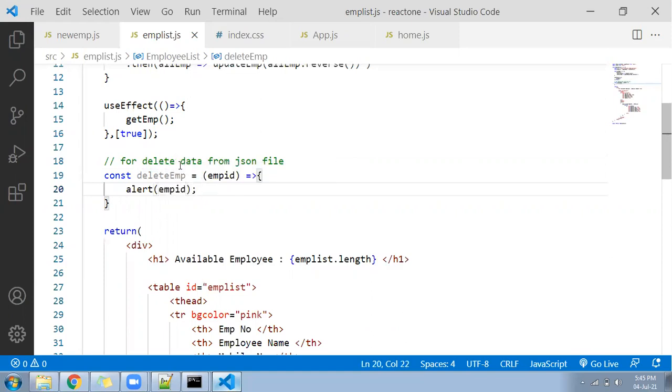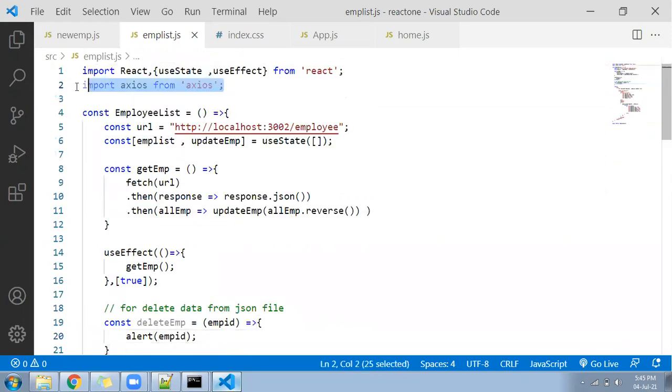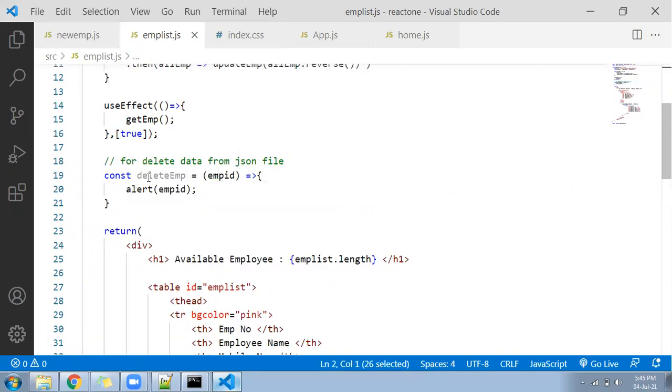So number one, we imported Axios under the emp list file. Number two, we wrote a function deleteEmp. Under deleteEmp, we are receiving a parameter called empId. Assume empId is a variable. In this variable, we are going to send some value from the HTML side.